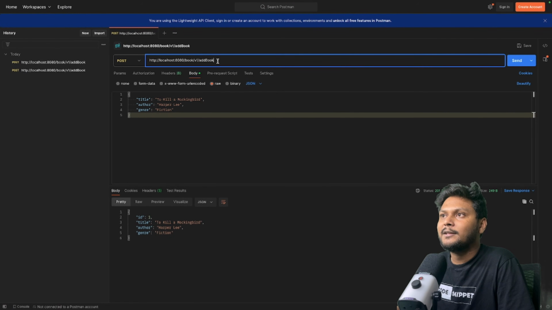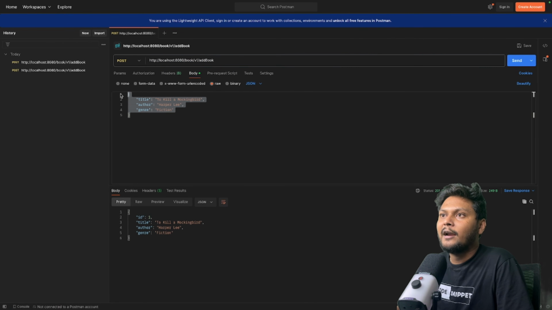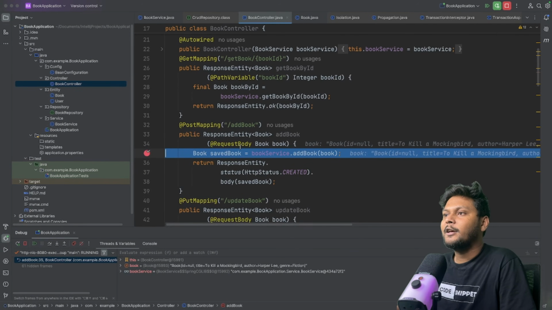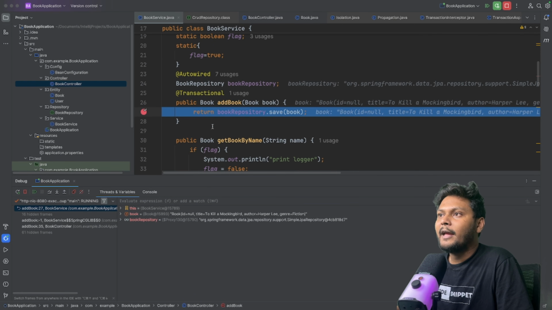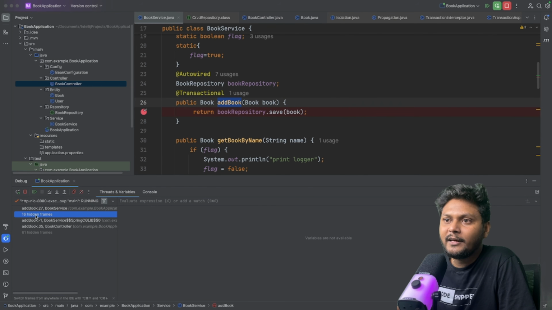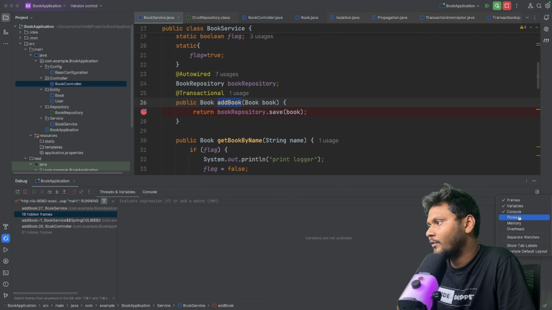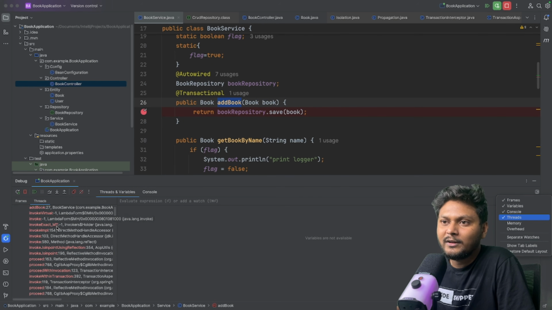This is the same URL that I'm hitting from Postman, and we are just adding this particular book over here. Let's send it. Now it came to the controller. Let's move ahead. Now it came to your add book method. But do you see over here on the left side, there are 16 hidden frames? How we can see them is probably by adding threads as well. Once I add that, as you can see over here,